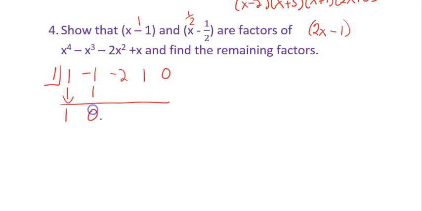When I add, I get a 0. 0 times anything is 0. -2 plus 0 is -2. -2 times 1 is -2. Add and get -1. Multiply and get 1. And I didn't get a 0 here, so I know I've done something wrong,